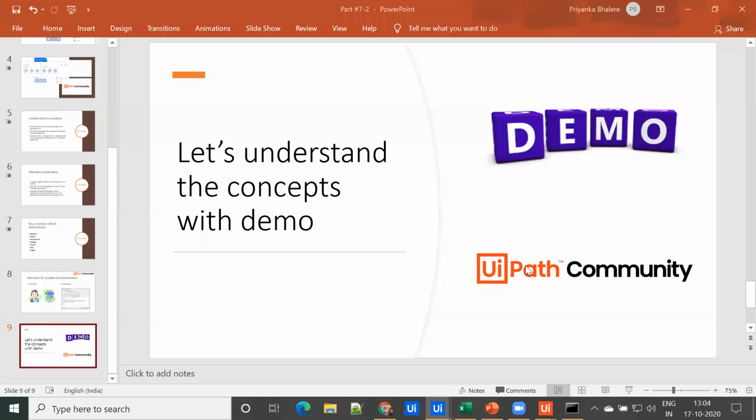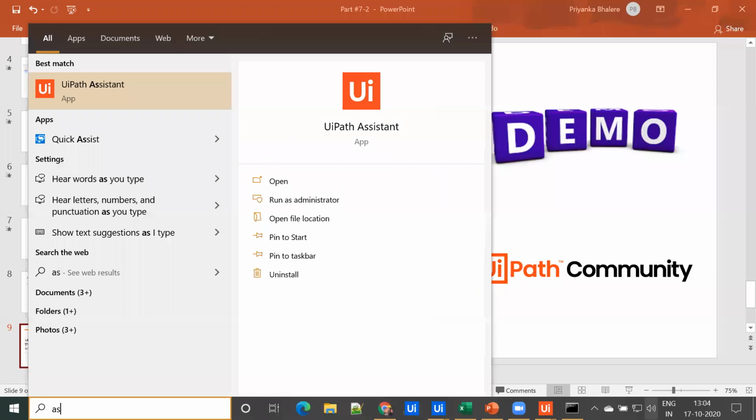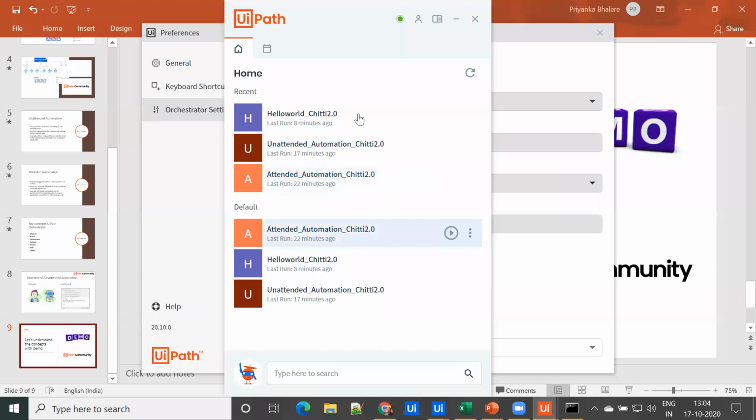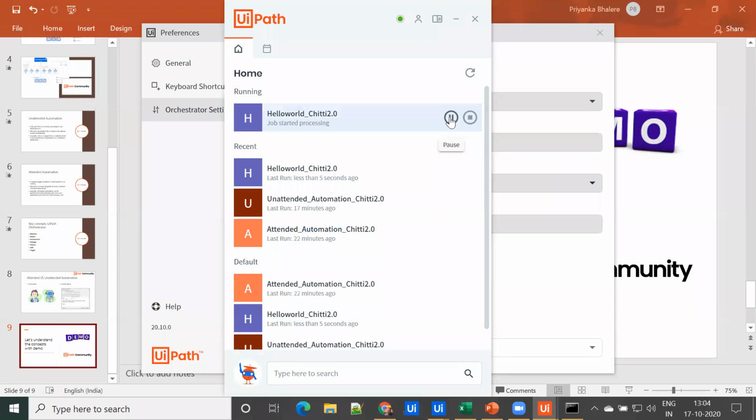Priyanka, you mean to say that if I'm using virtual machines for execution purposes, then only UiPath Assistant should be required in those virtual machines, right? Right. Because we can trigger execution, but you should have the file to execute. Let me show you. Assistant is open here. You can see that whatever we have triggered from the orchestrator, you can find it in the assistant. So I can simply trigger it from here. I don't need to do anything.